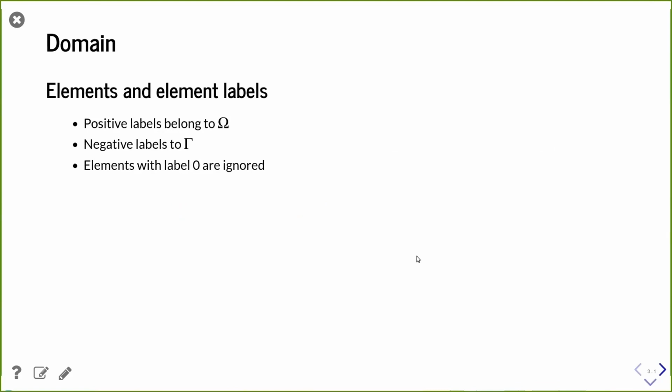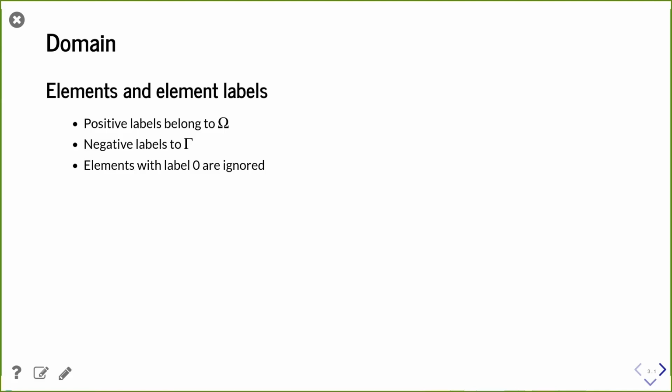Okay, so now let's talk about the details. Basically, this whole code is only one function which takes some input values and gives you the stiffness matrix. That's basically it. It's only one function. The first part of the input values is, of course, the domain, and we just have to agree on some conventions